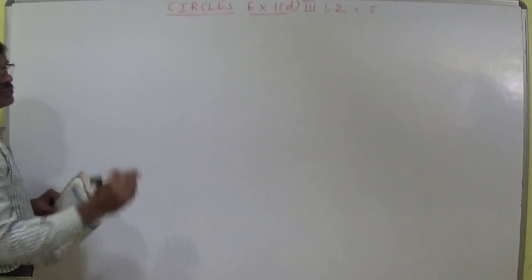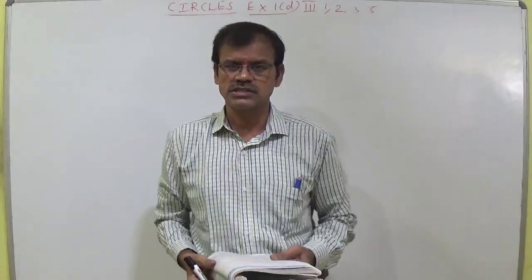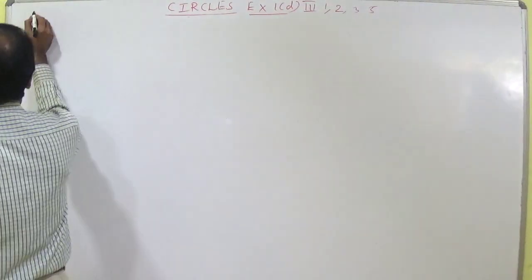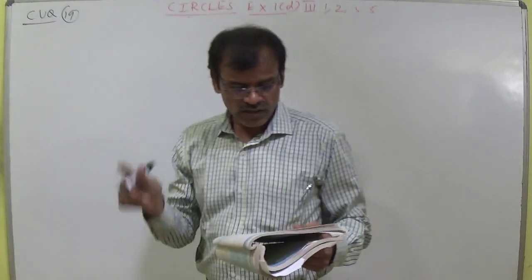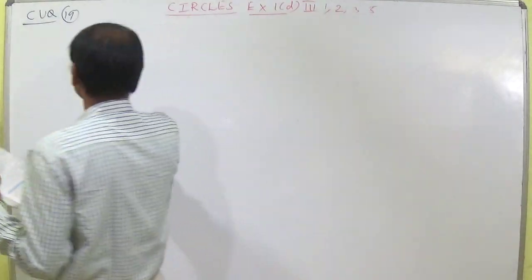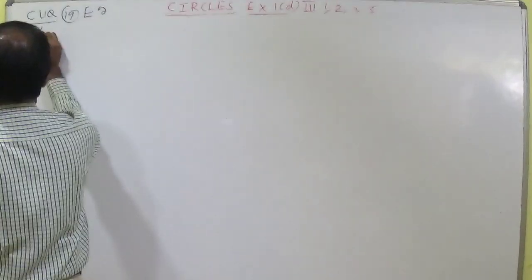Now this is the 5th question. Directly I am writing here, students, CUQ is there in objective, conceptual questions, 19th question. It is useful for mains. So CUQ 19, I am writing directly the question which you are going to face in objective. CUQ 19, I will not say hereafter. This is the question whatever I want to discuss with you. CUQ 19th question for mains you write. This is for mains.